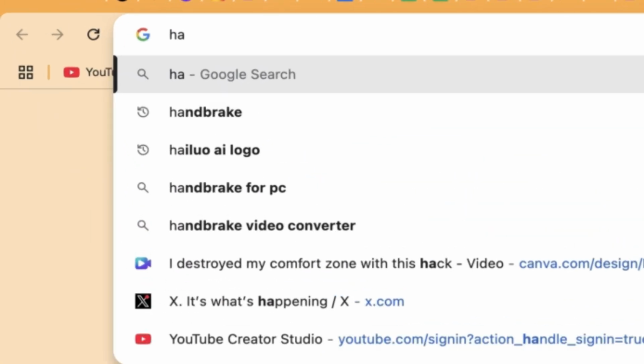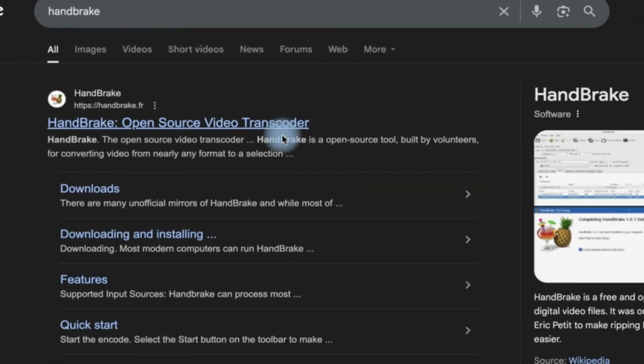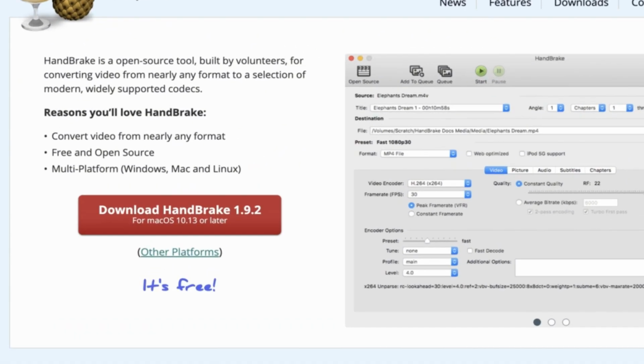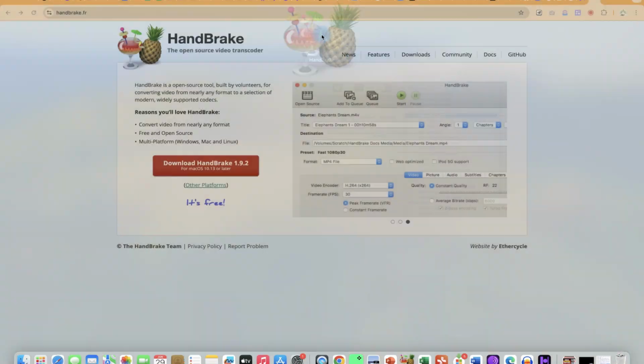So you can just come to your browser, search for Handbrake, and if you don't enter, you see it over here, the first option. You can just go ahead and download and install. It's available for Mac, Windows, and Linux. Once you install, you can just come to your search bar and search for Handbrake,